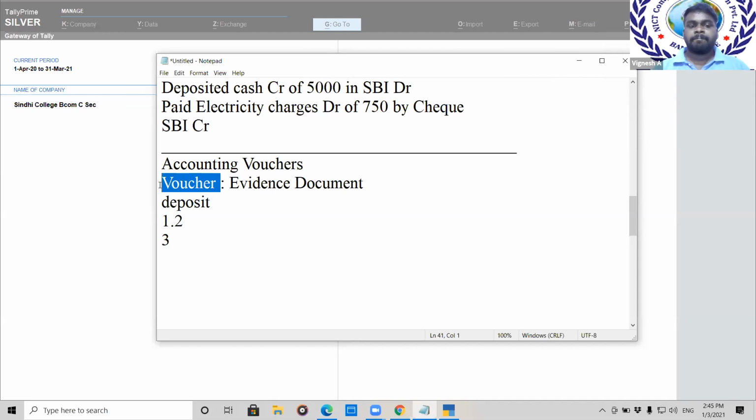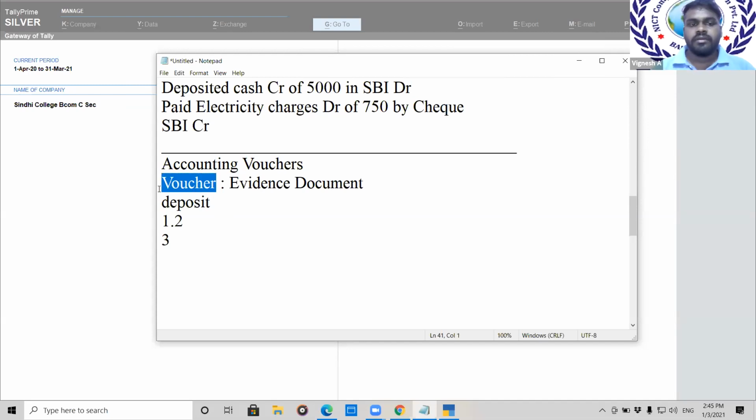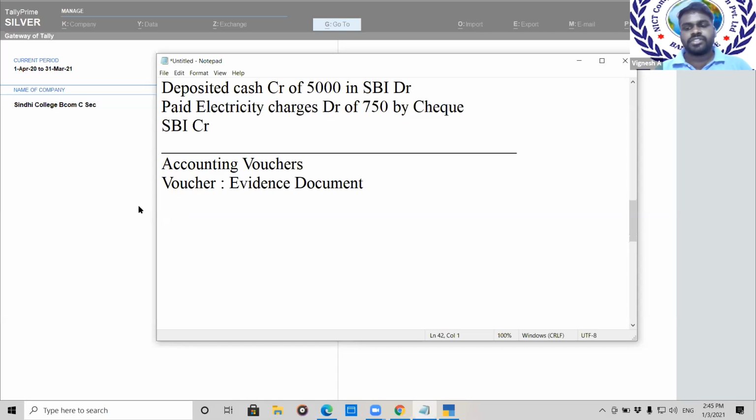Understanding? Sir, repeat it again. I didn't get that point. Okay, very simple. A voucher is evidence that a transaction has happened. If I want to know whether a transaction has happened or not, I have to pass a voucher. If I make a purchase or sale today, I need to pass a voucher and keep it for the company as evidence. Later, I will check my vouchers to see that the purchase or sale was done. Okay, now let us get into the point. When it comes to accounting vouchers, today we mainly want to see three vouchers of accounting. One is your contra.